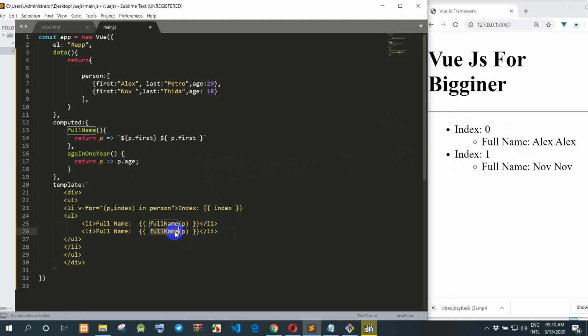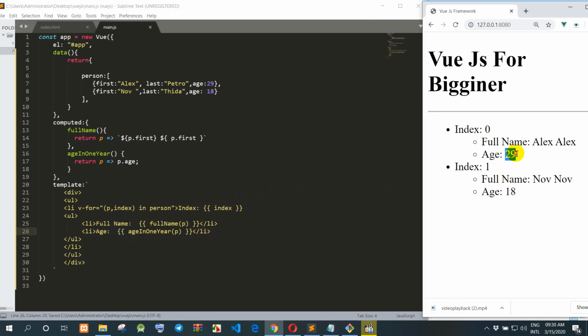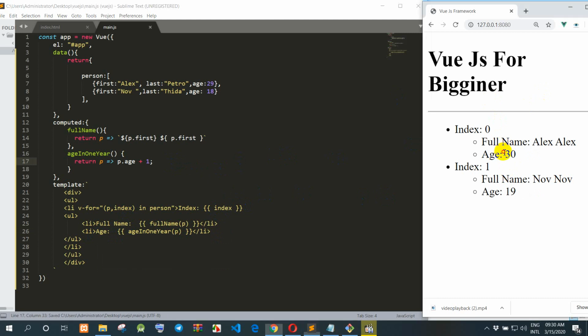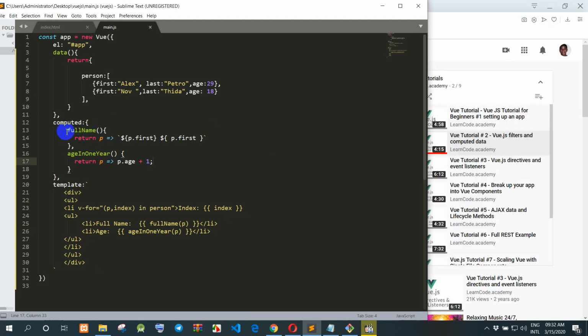We move to age in 1 year. So we add the age. Okay, age, but we increase the number, plus one, like this. Okay, and this is the computed to increase by one. Okay, right now we have created the computed already, so I close the code and we move to use the